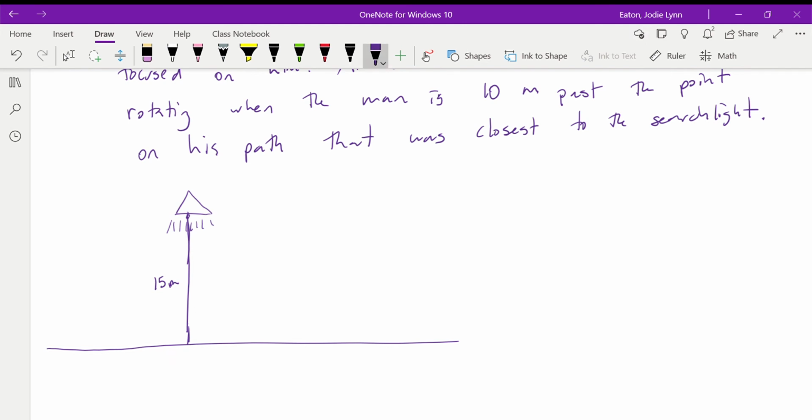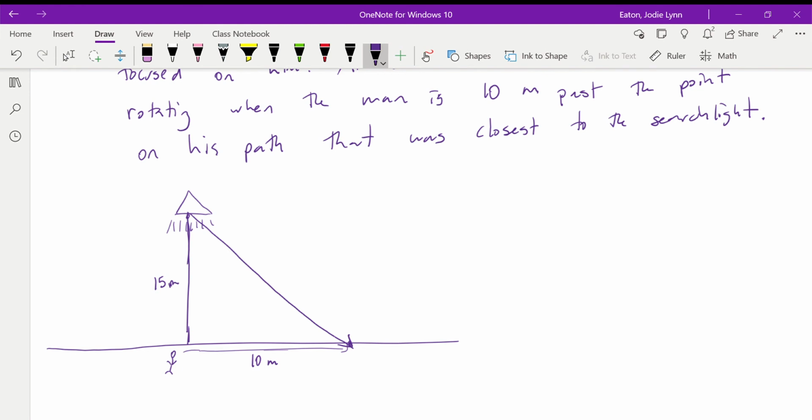So when the person is 10 meters away past the point that is closest to the searchlight, we want to know at what speed the searchlight is